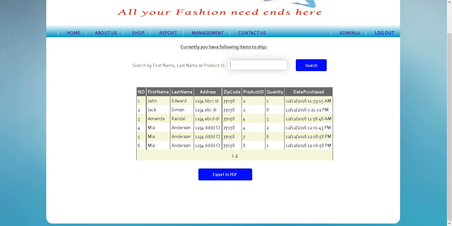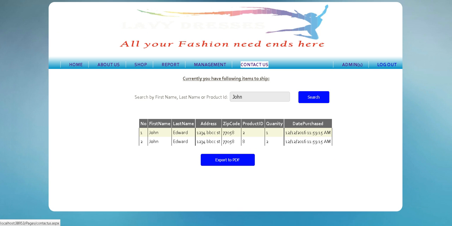You can also access or search, to be specific, you can search your customers with their first name, with their last name, and or the product ID, or if you want, you can put the full name. And as you can see, you have John's shipping address, zip code, the product they have bought, the quantity, date they have purchased,